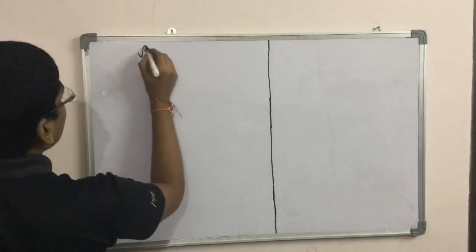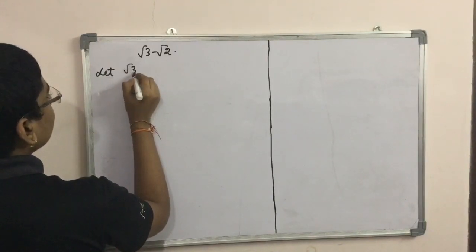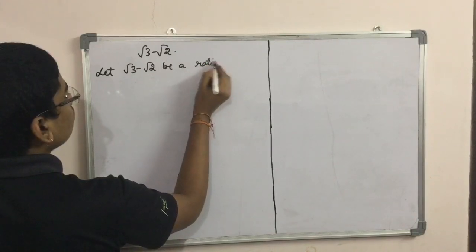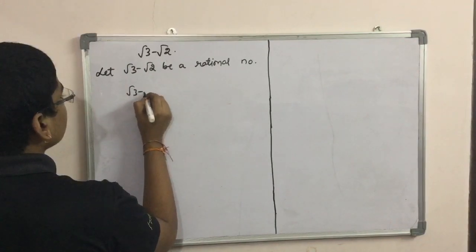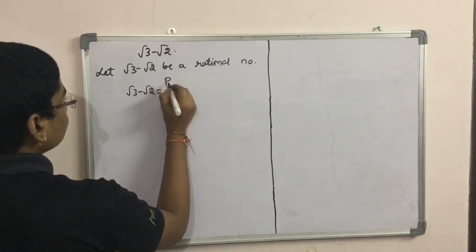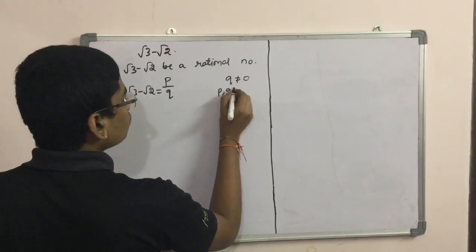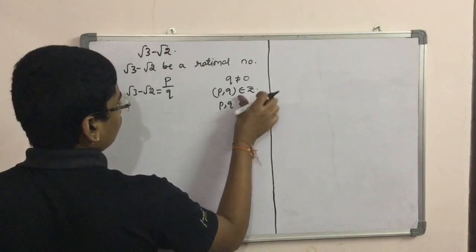And now we will take an example of a number in the form of root a minus root b and prove that it is irrational. Let us take the example of root 3 minus root 2. We will assume that root 3 minus root 2 is a rational number. So it has to satisfy the conditions, saying root 3 − root 2 is equal to p/q, where q is not equal to 0, p and q belong to integers, and p and q are co-primes,